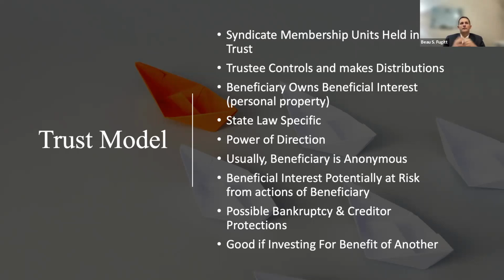What a lawyer can do, and what I've seen, and it puzzles me sometimes, is if you name the trust something, like if I had a trust and I named it Beau Fugitt Trust, right? Well, then there's really probably not much question as to who's involved with that trust. Now, maybe I'm the trustee. A lot of times if I hold actual title on something, let's say, Beau Fugitt, trustee for the XYZ trust. But as a litigator, I know that there's a decent chance that this person has some type of equitable interest in this trust. And if I see, hey, Beau Fugitt Trust owns all these different assets, then I might come after that. So that's something to consider.